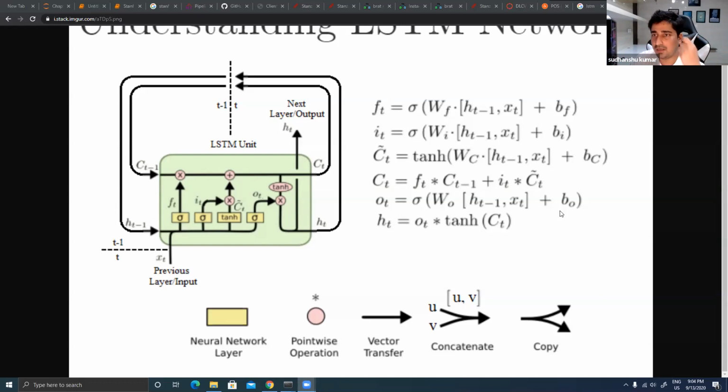A cell is not equivalent to a neuron. So the seq-to-seq diagram that I have drawn, in that one, that was not a neuron. That was basically a cell. It can be an LSTM cell. It can be a GRU cell. Okay. So here, if you try to understand all of those things.